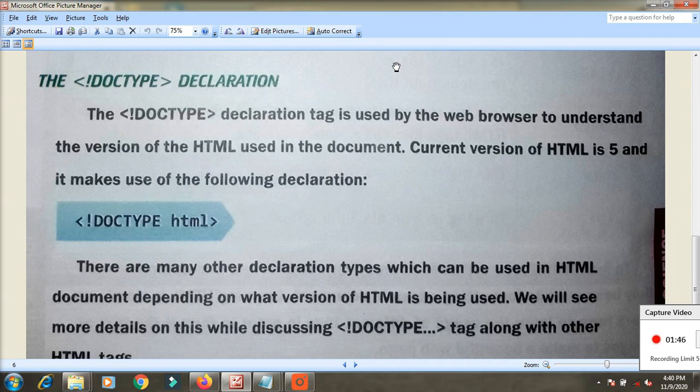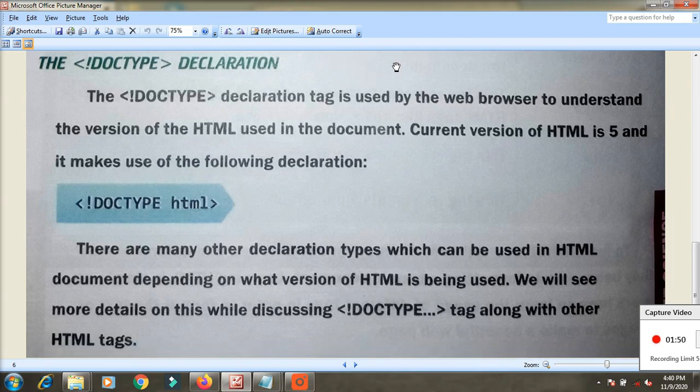Maybe this question will come for the home test, homework. Study very well. When we enter less than, exclamation, doc type html and greater than symbols, the version of HTML will come. There are many other declaration types which can be used in an HTML document depending on which version of HTML is being used.